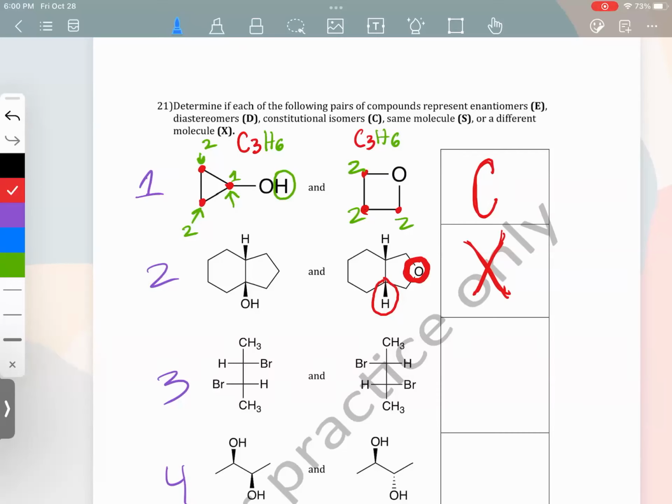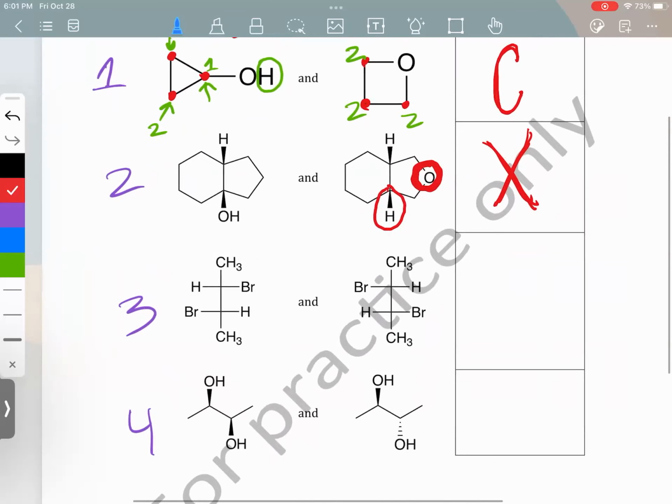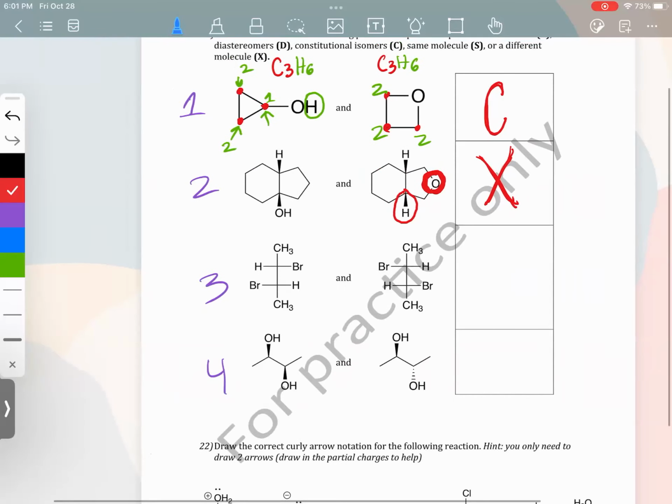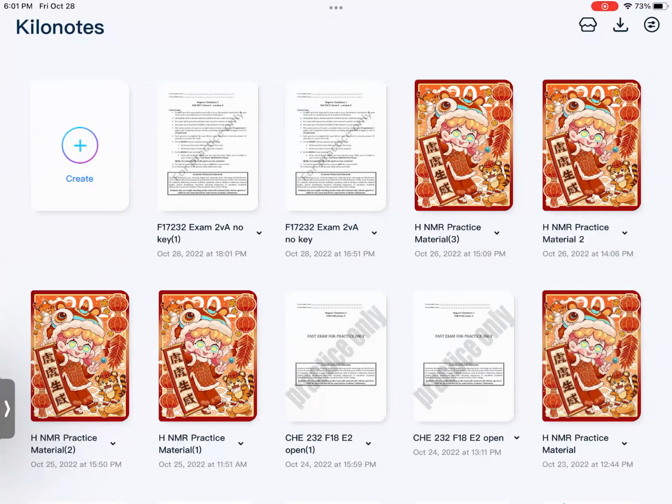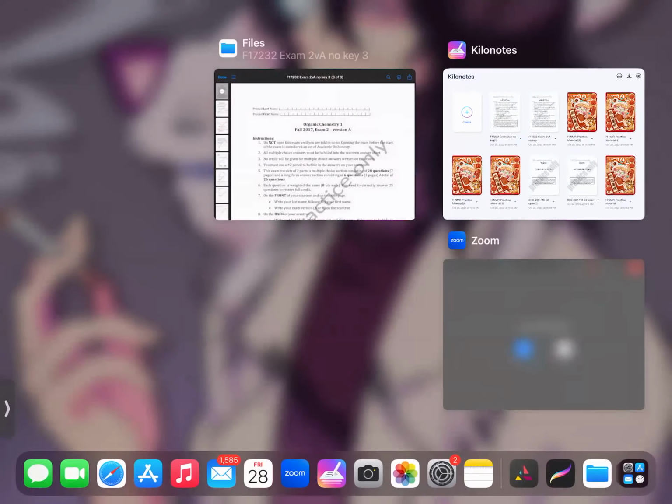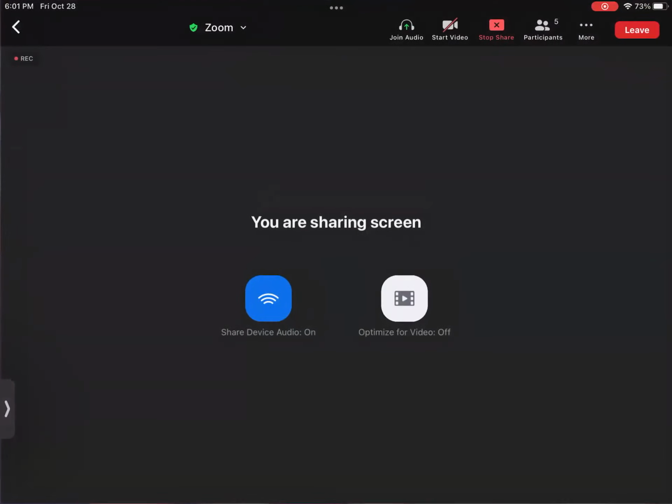Any questions? All right, so it's 6 o'clock. You guys could try and do the other 2 on your own, and if you have any questions, you could email me. I see that Ben put that the exam is on the 10th of November. So as you keep joining my office hours, we're still going to be looking